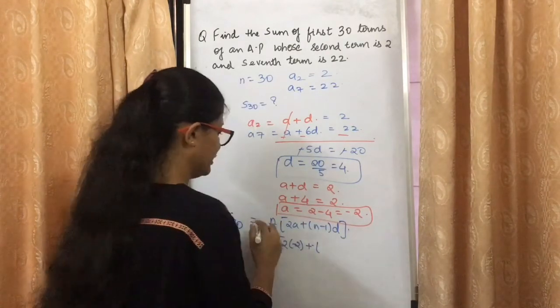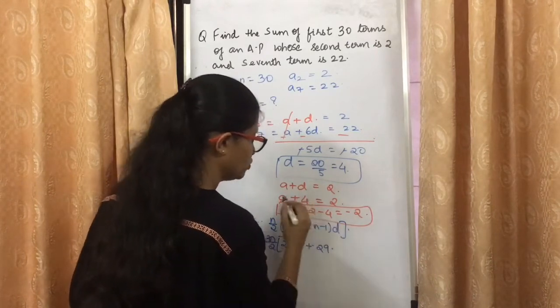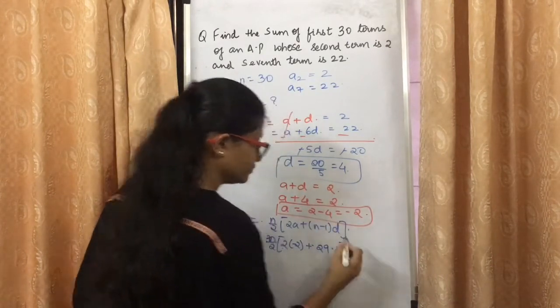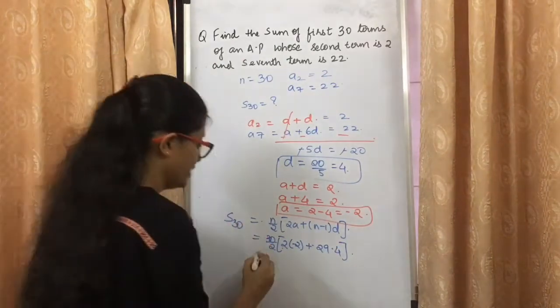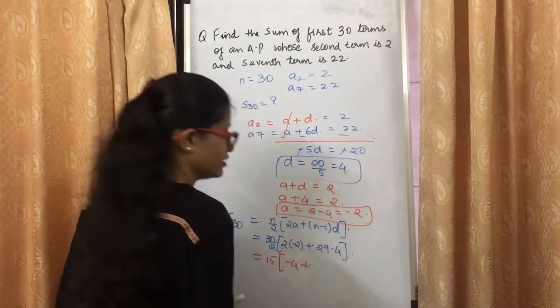माइनस के साइन में गलती मत करना. 30 minus 1 will give you 29. 29 into d comes out to be 4. So can we solve this? Yes. 30 by 2 will give you 15. This will give you minus 4 plus this will give you